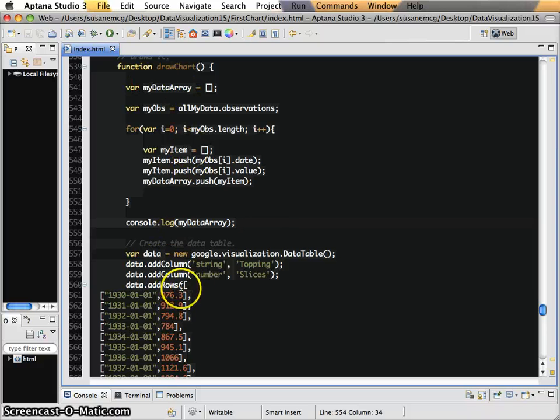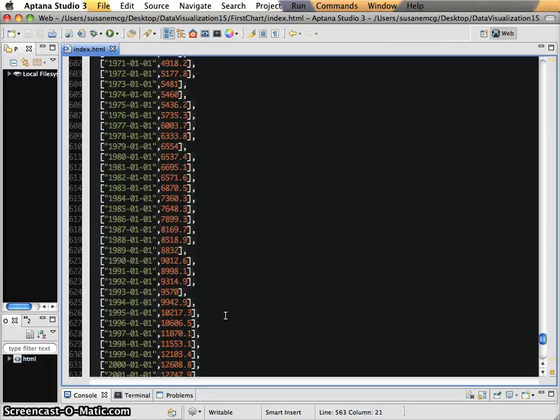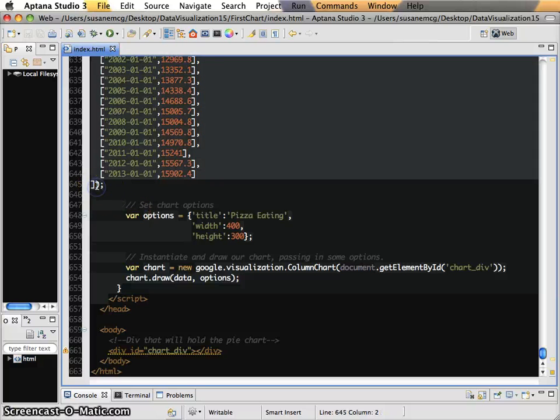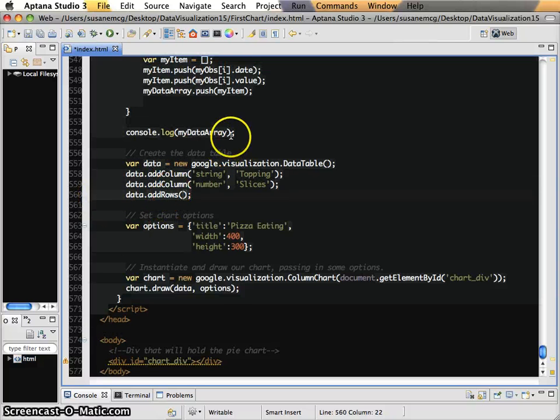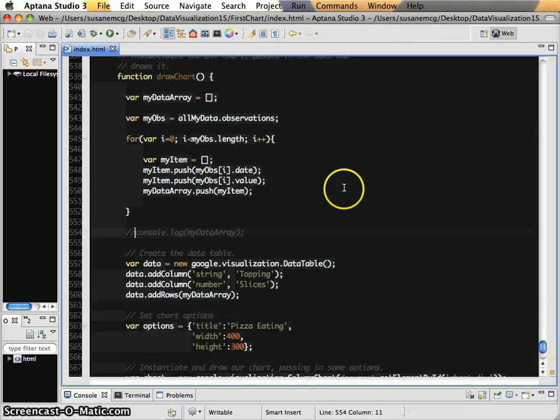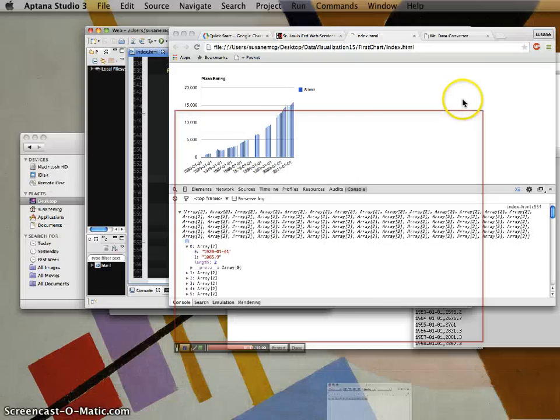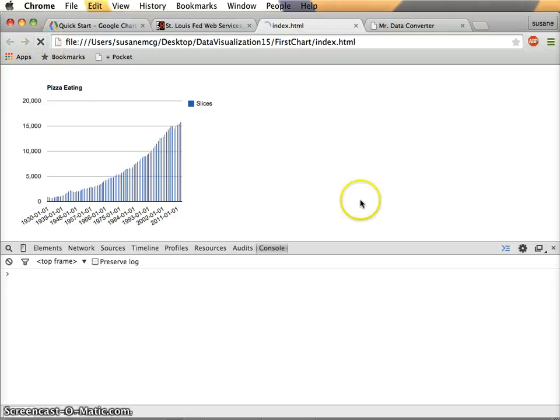Now, instead of having all this junk here, I can go ahead and just say, hey, I have this array of arrays. I have it in a variable. Again, this is why we love variables. And I'm just going to say, look, that's what I want you to make. And I'm going to comment out my console log. This is what I want you to make the my data array out of. This is what I want you to make the chart out of. And so with any luck, if I come back here and reload it,